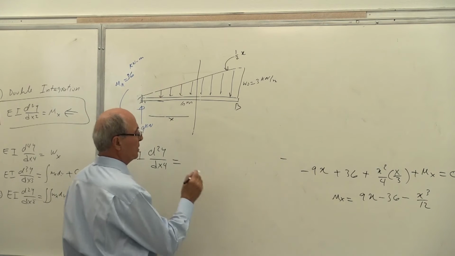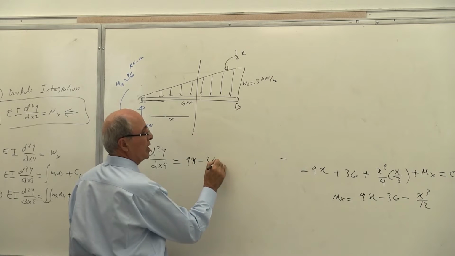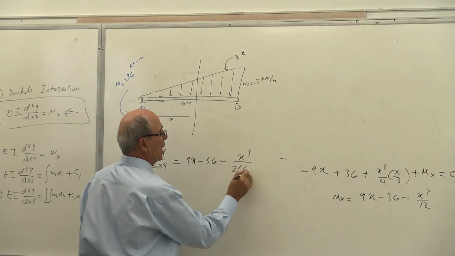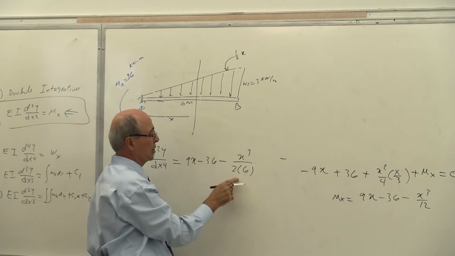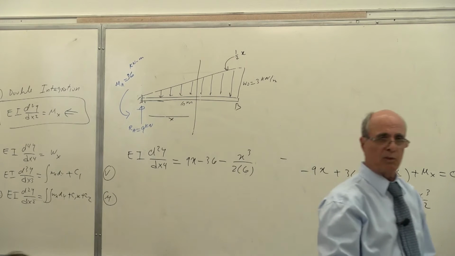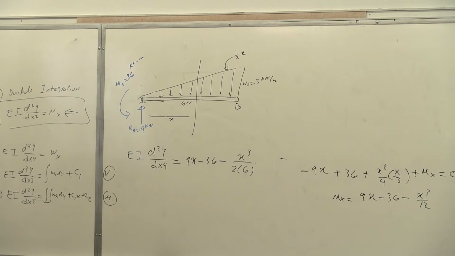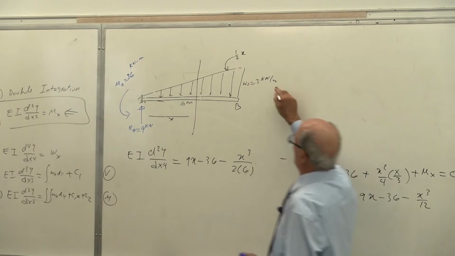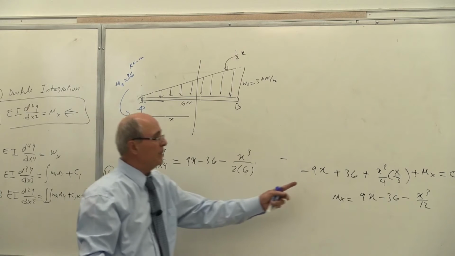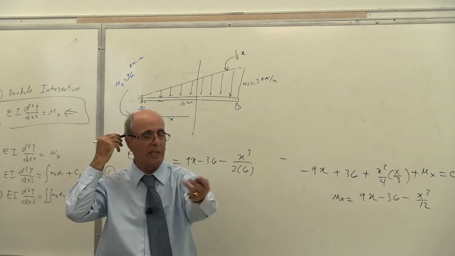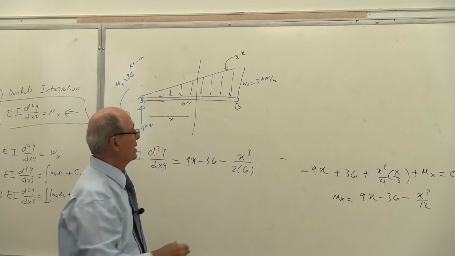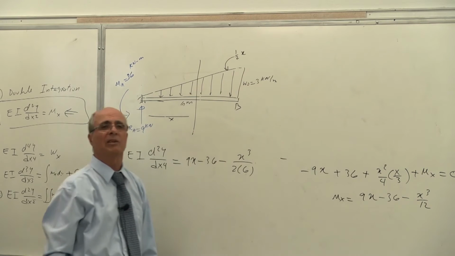Nevertheless, this ends up, let me write it down, 9x minus 36 minus x3 divided 2 times 6. Because I remember I said keep that in the factorial format. So I took that 2 out, and I take those 2 and bring it here. That was your question. Good. Now always we keep it in that factorial in order, because that 2 is extra. That 2 changes from problem to problem. Everybody understands. If I give you this, for example, 2 over 6, this would have been 1/3. So I'm keeping that out of the formula. You want to keep it always in this format, not to make it any more difficult. That's what you were referring to. Is that correct or not? Yes? That is part of the parameter of this format. Is that correct or not?